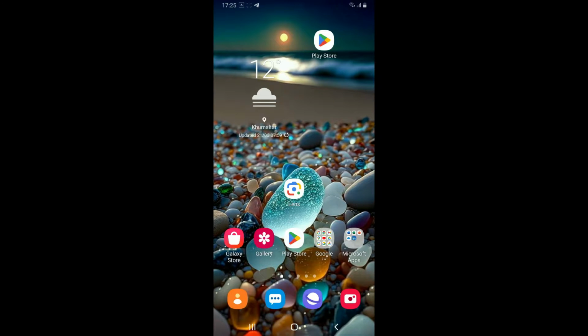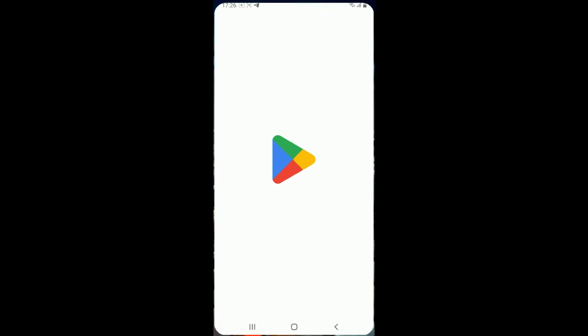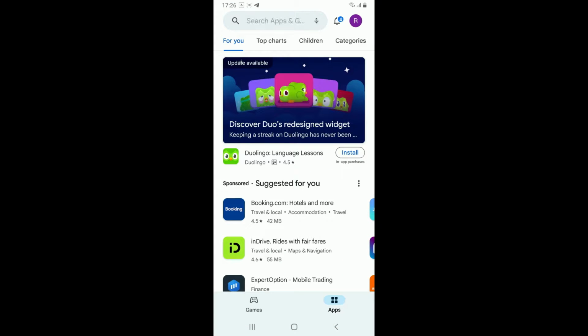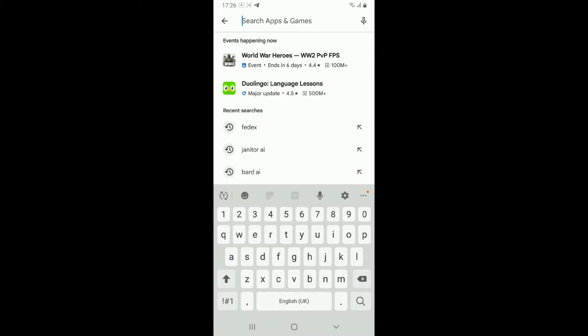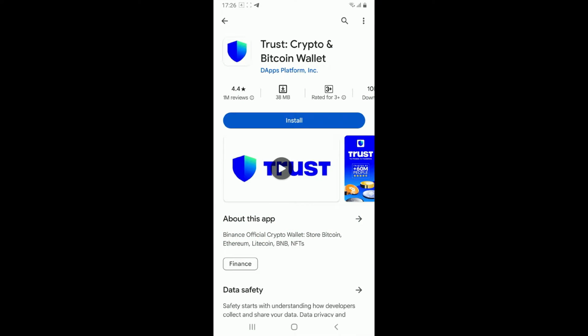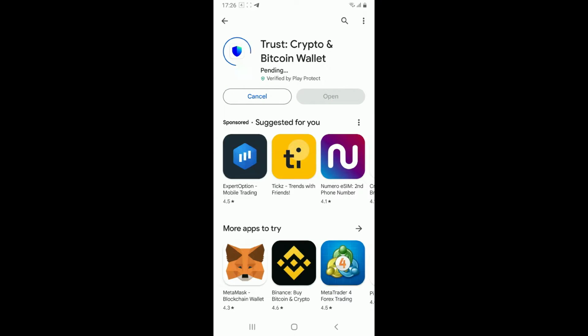In order to start using Trust Wallet on your Android, the first thing you'll need to do is to download and install the application. So open your Google Play Store from your Android phone. Go to the search box at the top and type in Trust Wallet. Once you come across this application in the search result, tap on the install button to begin downloading Trust Wallet on your Android. Wait for the application to download and install on your device, which will take a couple of